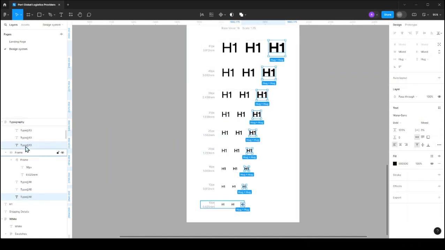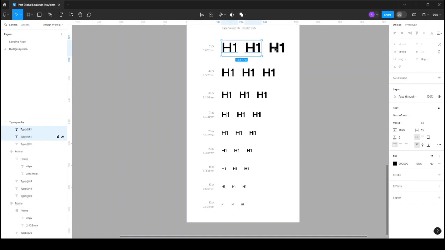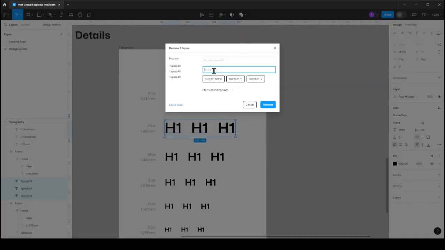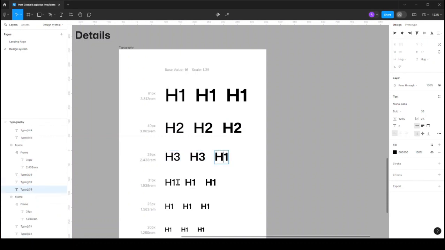You can see what I'm having here is type 13, type 10. So I would like to rename all of this. Control R or Command R, and then I'm going to call it H2. I'm just going to go ahead and rename all of this. H2 and H3, H3, H3, H4, H4, H4,